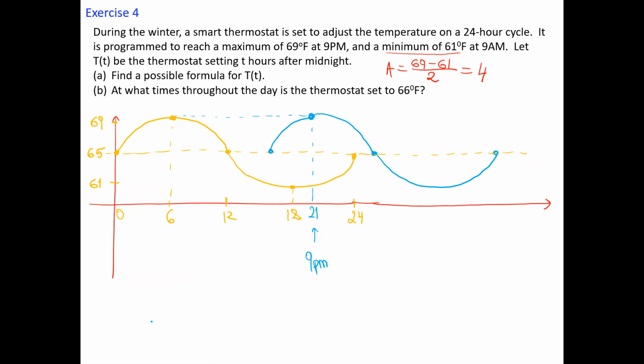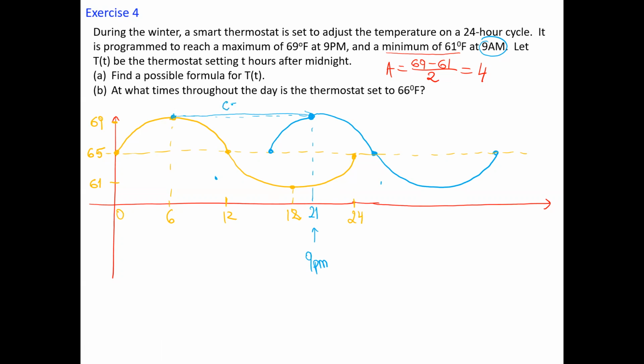Okay, 9 a.m. is 9 hours after midnight. That means the minimum is supposed to be somewhere here. Let's see what we're shifting. I did that shift, which is, actually, it's not exactly 21, but I started from 6. This will be our horizontal shift,